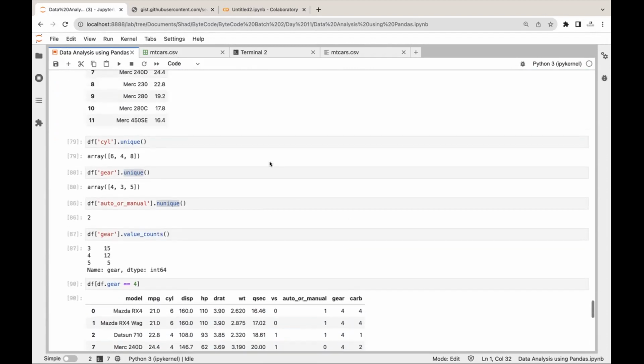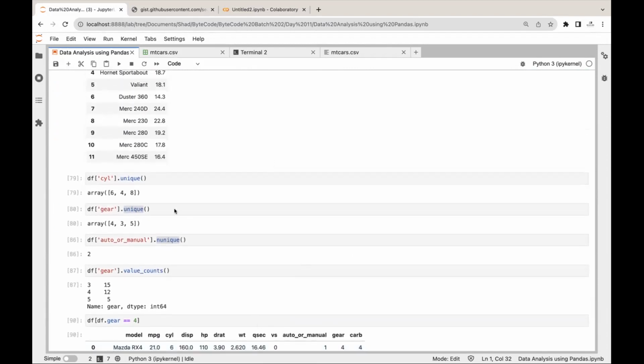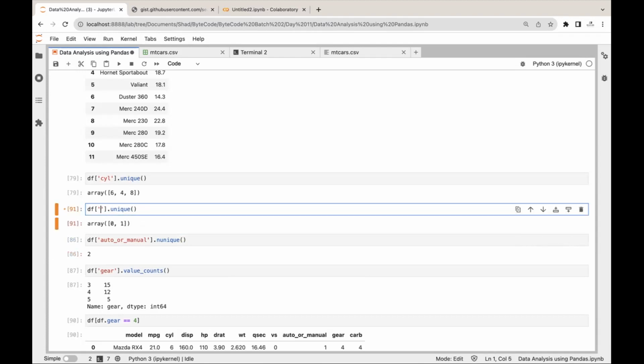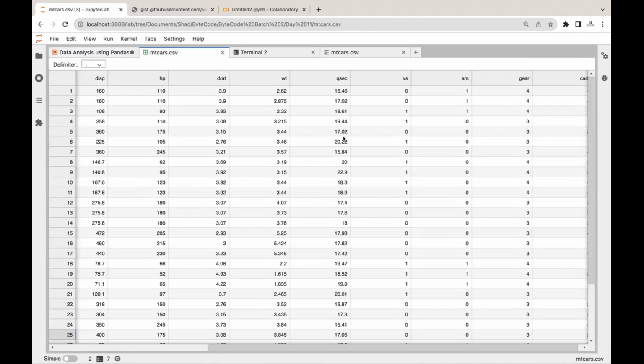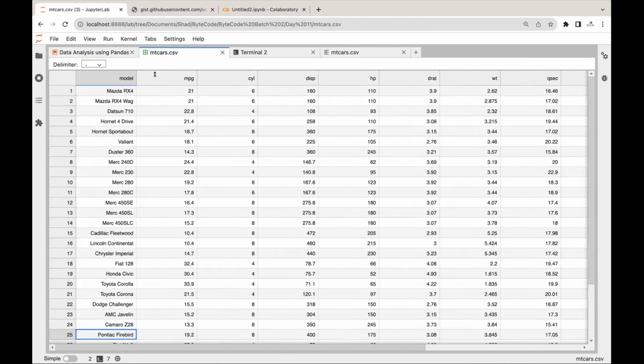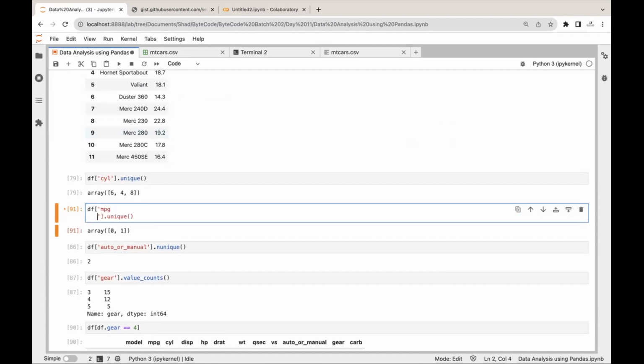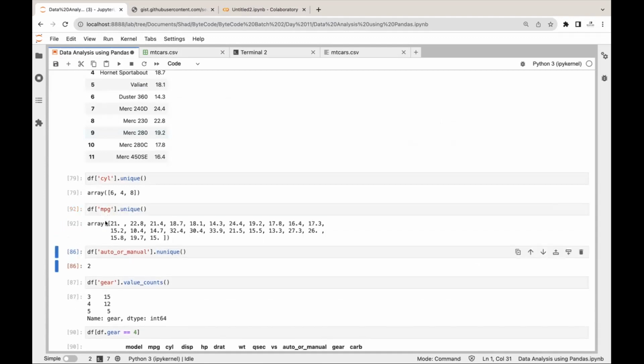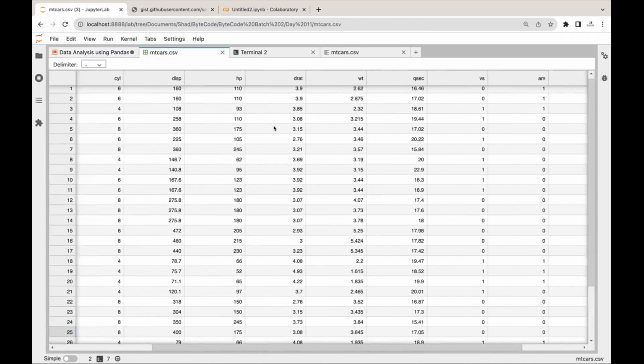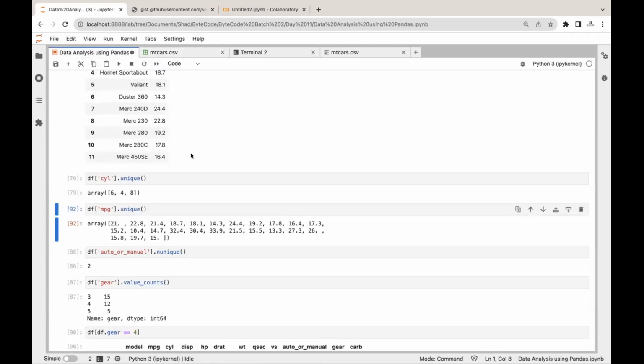So you guys can try out with different other columns as well. Like let's suppose VS, you will get two unique values. And what else? You have MPG. For MPG, you will get a lot of unique values because you have different mileages for other cars, right? So suppose, now that you guys are doing it, suppose I want to understand,